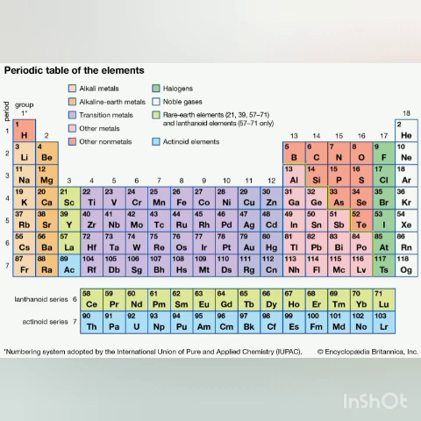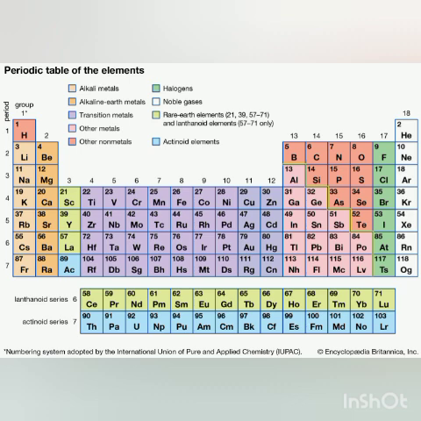And what is happening? The valence shell and the valence electrons go far from the positive nucleus, and the attraction between the valence electrons and the nucleus decreases, and the element can easily lose valence electrons. For example, if you take the case of period 2, group 1, lithium. In lithium, the number of shells is 2, but the valence electron is 1.